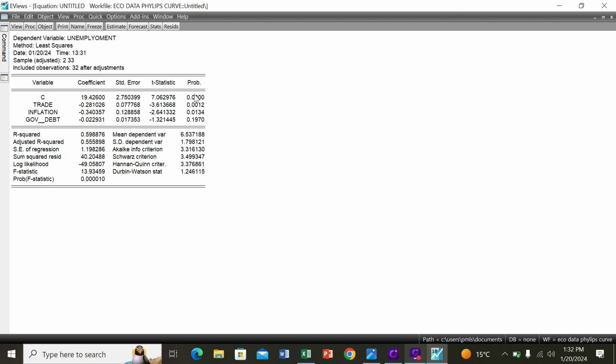If the probability is less than 0.05, it means significant. If greater, the variable is insignificant, having no effect on the dependent variable. So this is all about your regression results. This is the first method to run the